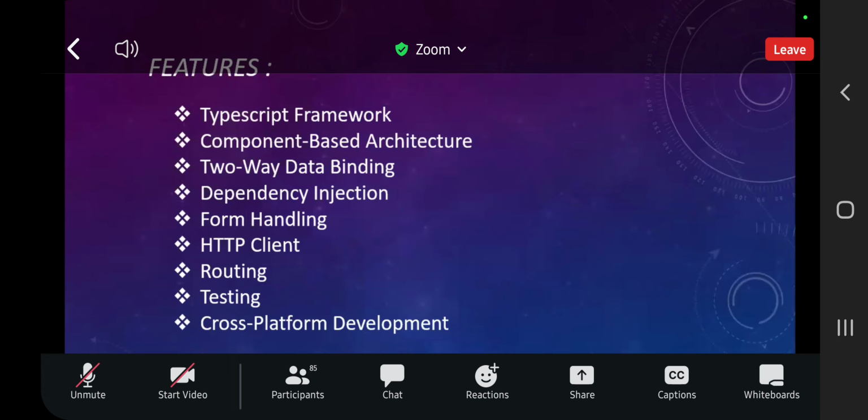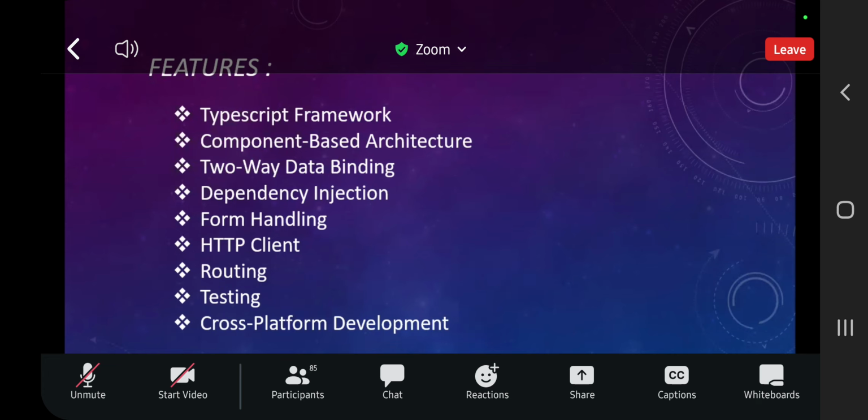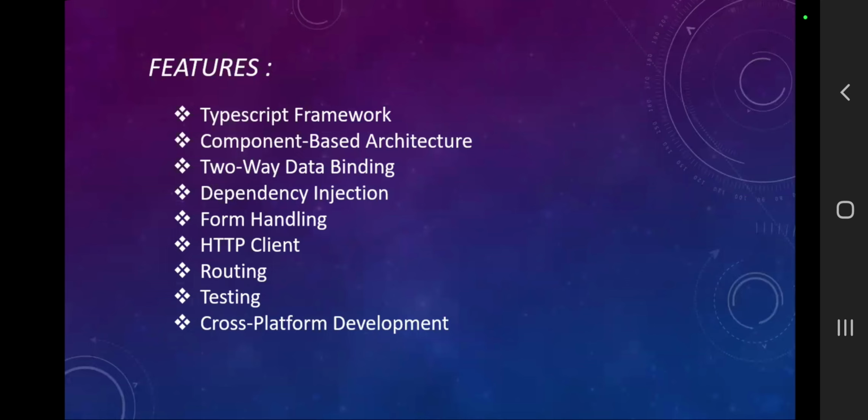And finally, cross-platform development. Cross-platform development means we can create web applications by using Angular, and also by changing some things we can create mobile applications also. We can use it for mobile applications also. But nowadays, mostly they are not concentrating on using Angular for mobile application creation because there are other efficient frameworks